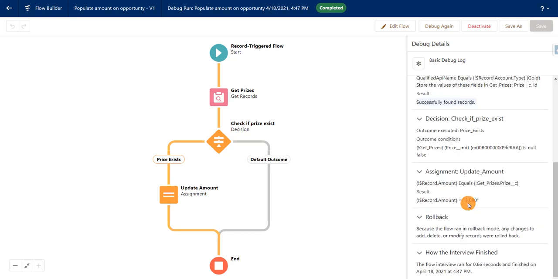You can see the record amount is updated with 3000. Because the flow ran in rollback mode, any changes to add, delete or modify records were rolled back, so don't worry about it.